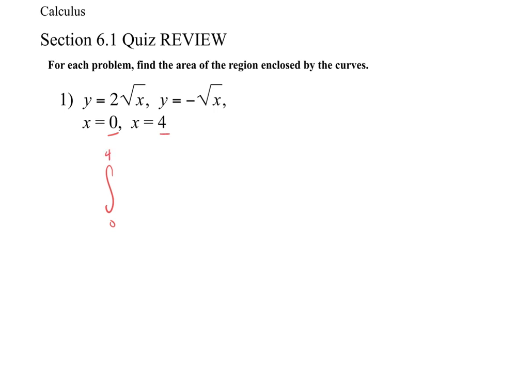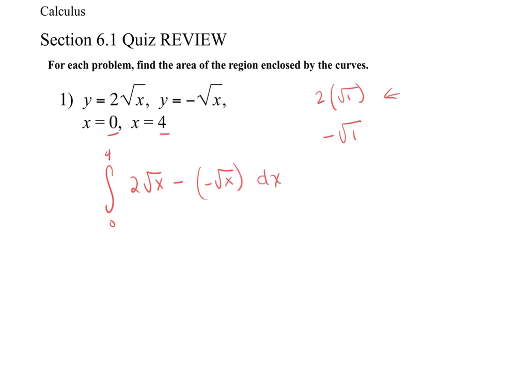The other thing you have to determine is which guy comes first. Remember, you're doing the difference between the two curves, the area between the two. The way you figure out which one you put first is you just pick a number and plug. I mean, honestly, if you don't have a graph, which this one is maybe obvious, but put in a 1. If I plug in a 1, I have 2 times the square root of 1. And for the other one, I have negative square root of 1. Which one's higher? Well, this guy, he's going to go first. So I'm going to say 2 square root of x minus negative square root of x